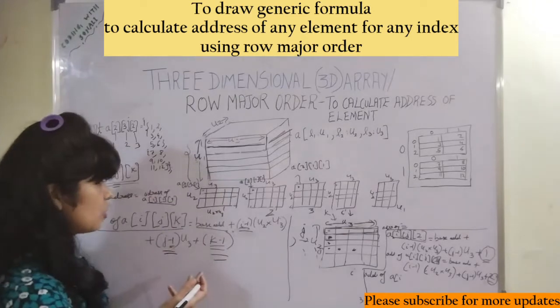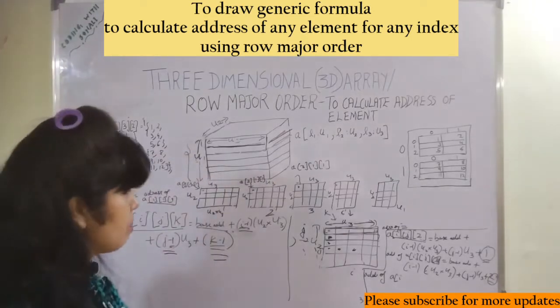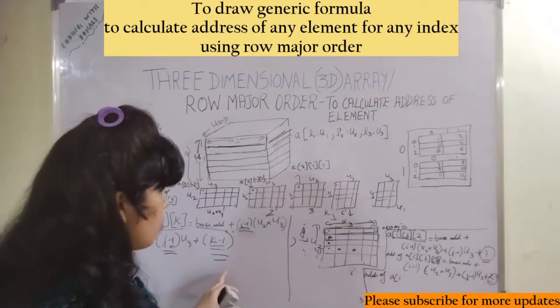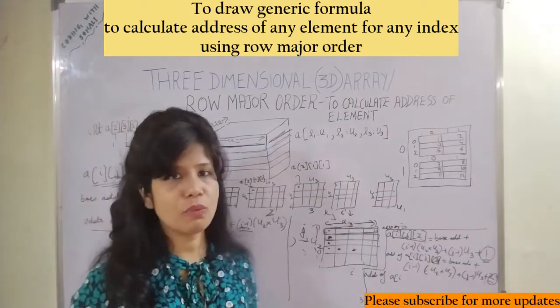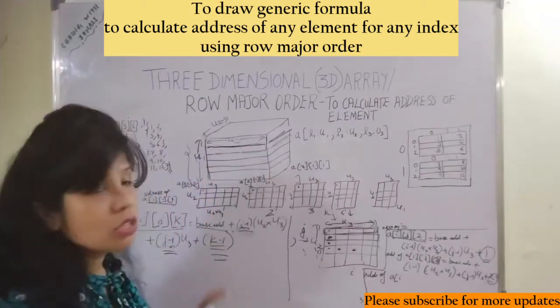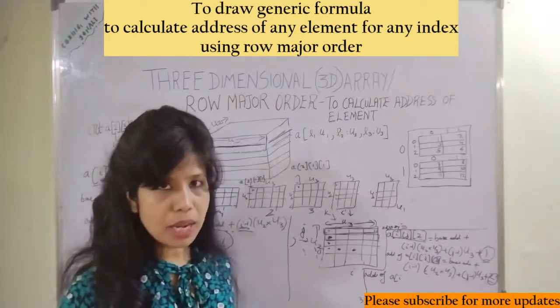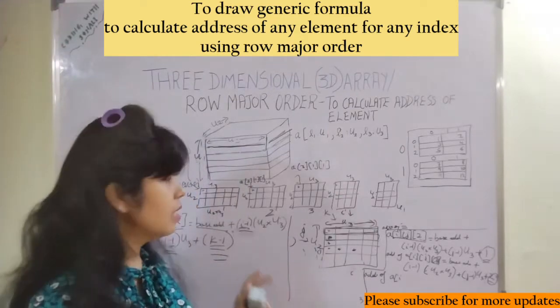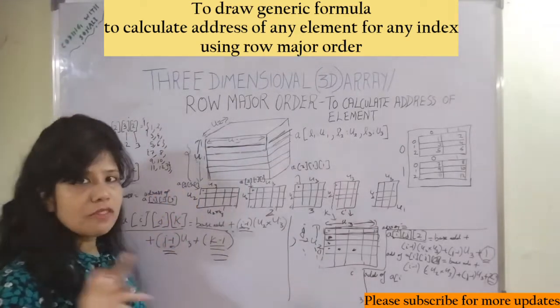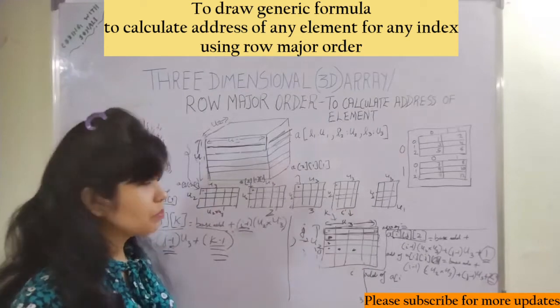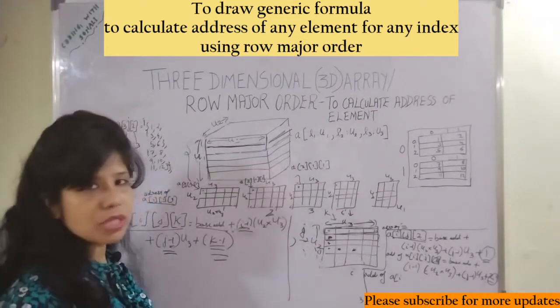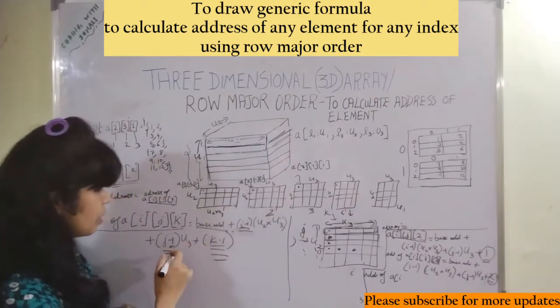So what modification can we do? Because it is not important that you will get the same problem, that is, the indexing starting from 1. In that case, this will work. So how to make a generic formula out of this? It is very easy. So you got the concept. If it is starting from L1, in that case we have to subtract L1, L2 and L3.